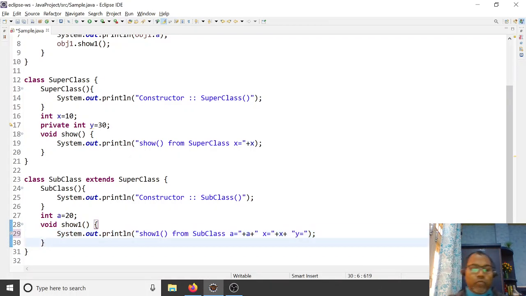Sometimes there is a data member that I don't want to inherit into my subclass, the child class.